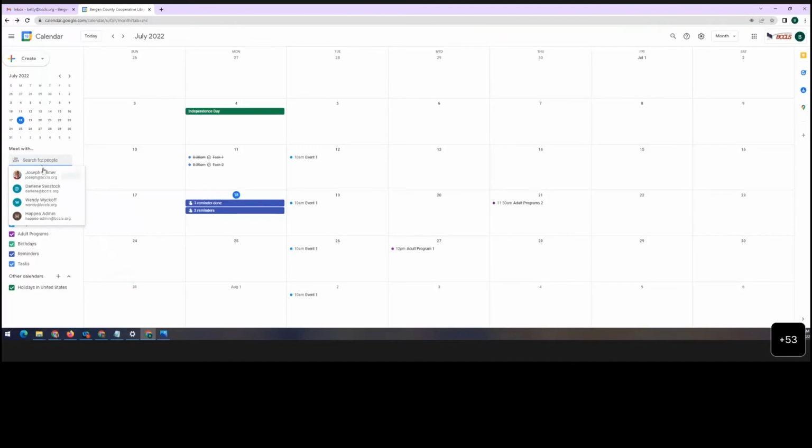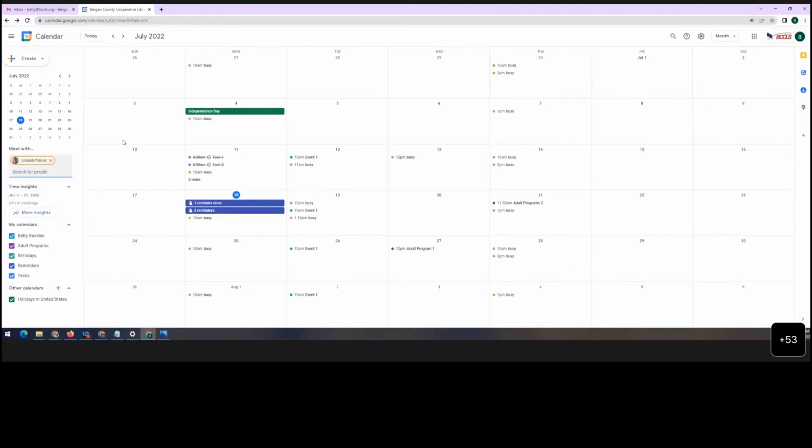So again, I'm just going to look at Joseph because he is giving me permission to do that. So here are all of his events, and you'll see that they show up in busy, and they're showing up in orange, and it's just like his name is highlighted in orange, and you'll see them all here. And the reason I want to bring up his calendar is because I now want to create an event with